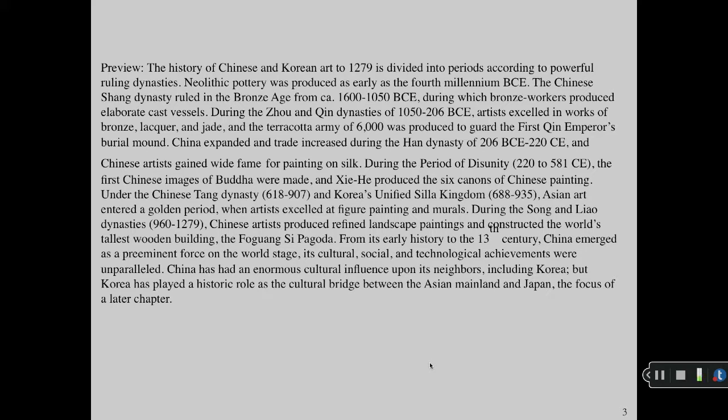China expanded and trade increased during the Han dynasty, and Chinese artists gained wide fame for painting on silk. During the period of disunity, the first Chinese images of Buddha were made. Xie He produced 6 canons of Chinese painting. Under the Chinese Tang dynasty and Korea's unified Silla kingdom, Asian art entered a golden period, when artists excelled at